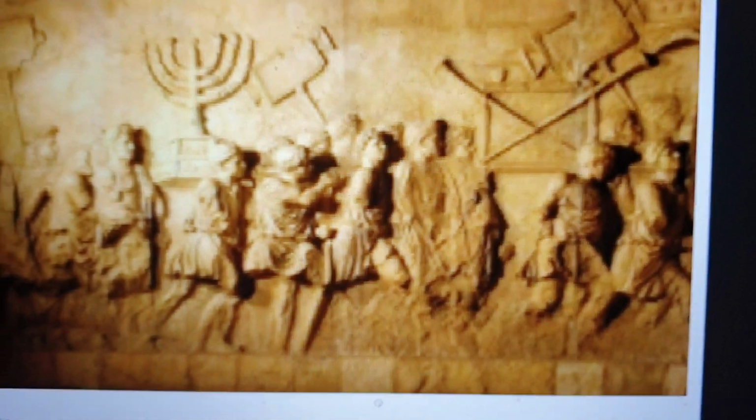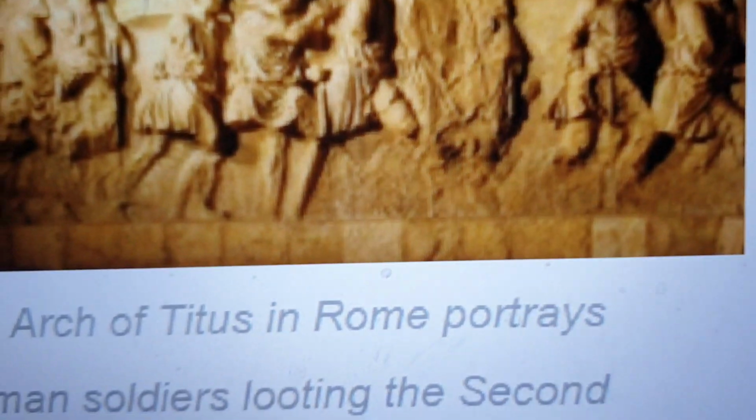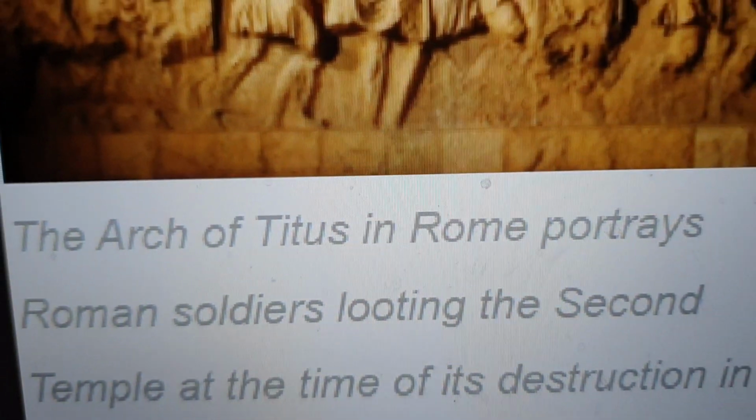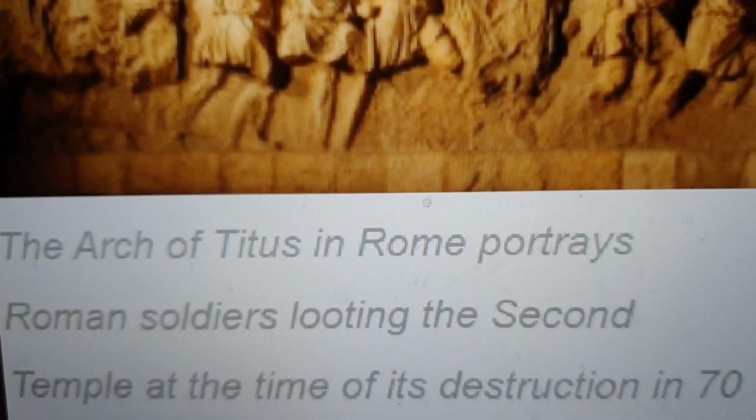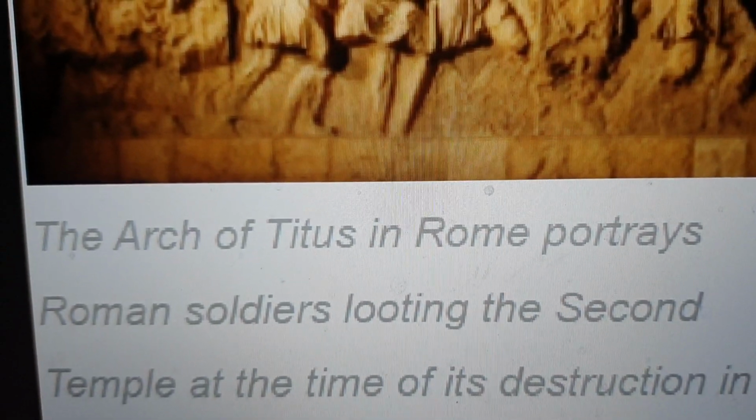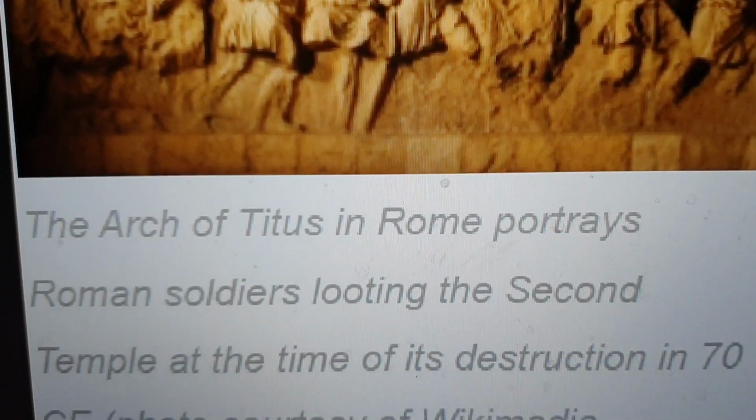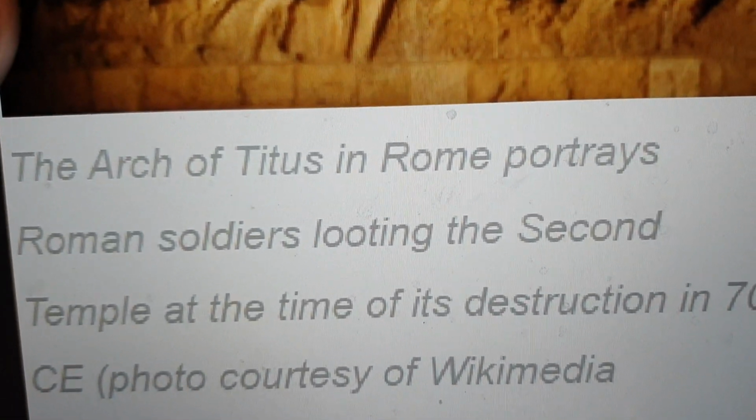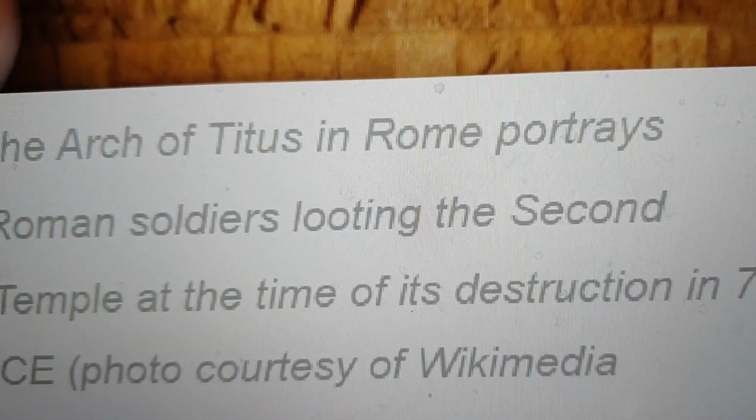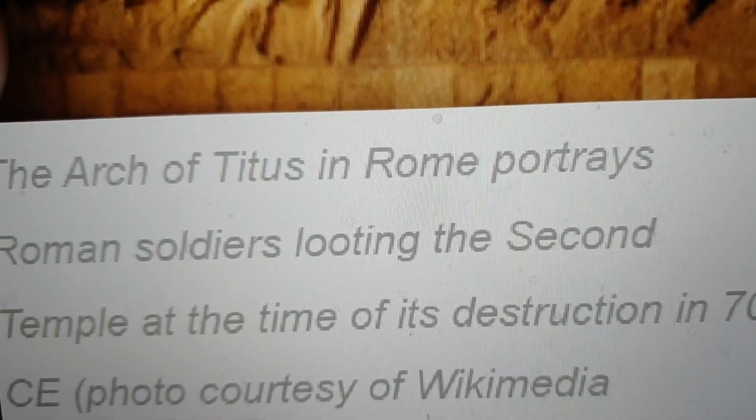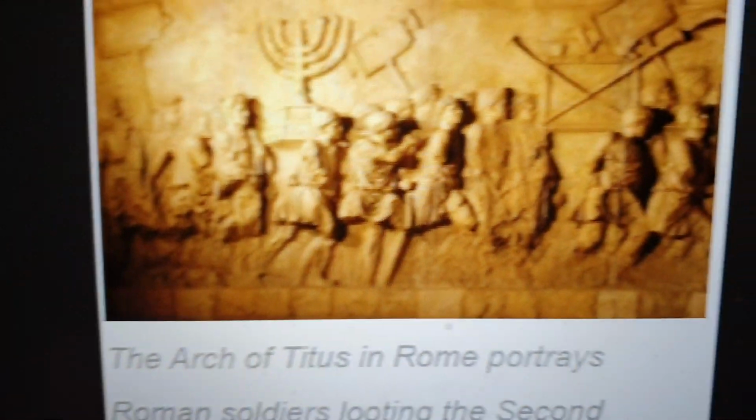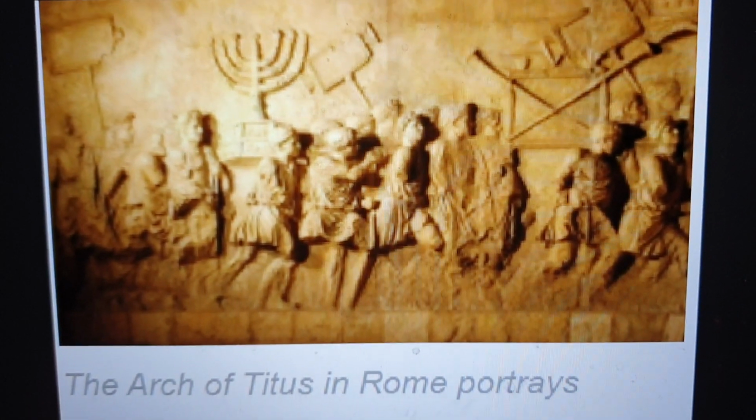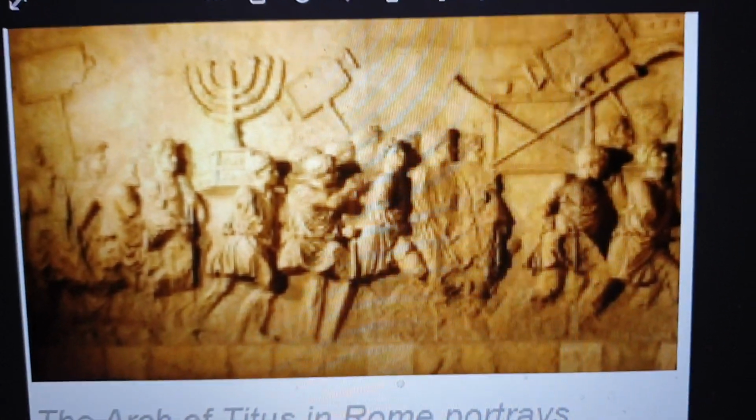Now Tisha B'Av. A famous picture from the Arch of Titus in Rome portrays Roman soldiers looting the Second Temple at the time of its destruction, which was in 70 CE. Photo courtesy of Wikimedia. So, a very famous picture. And what we are going to see now,